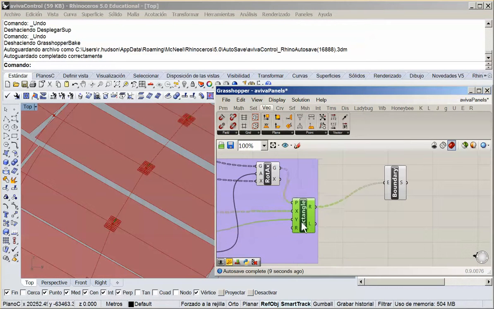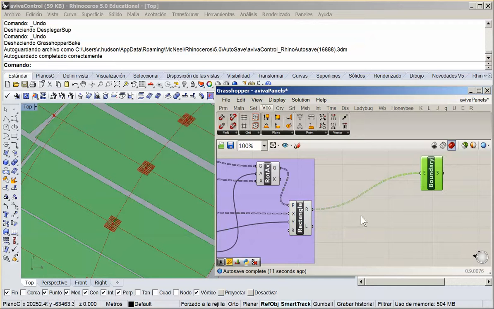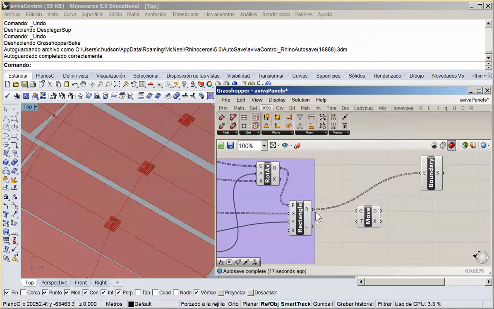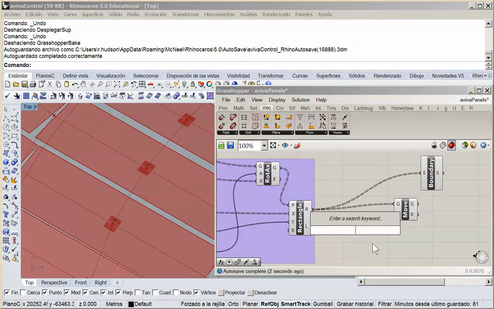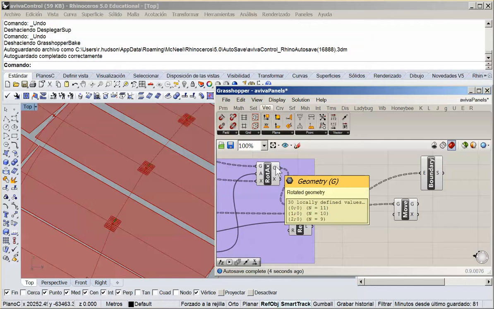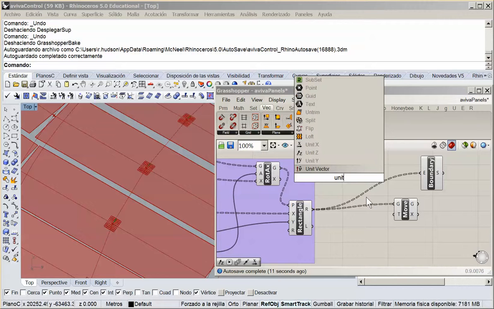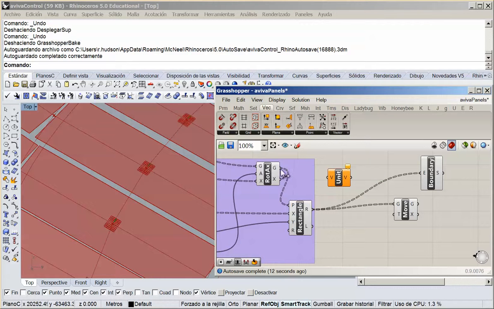So we can say, if maybe we need to offset our panels, we can just directly do move. We're going to move the panels in relation to the plane. Okay, so what we can do is, if we do unit, that's actually going to give us